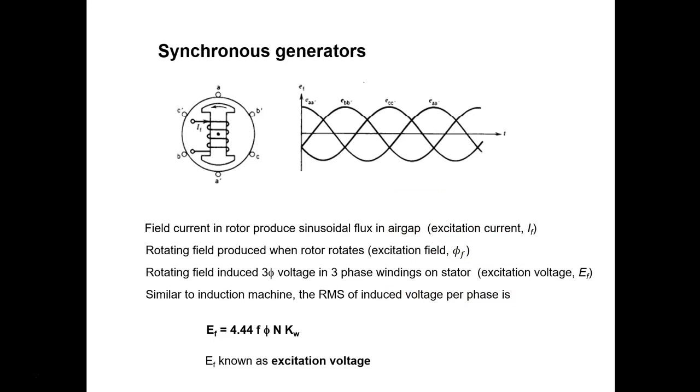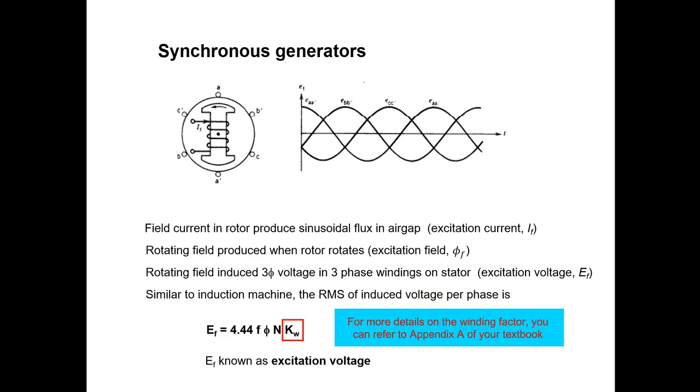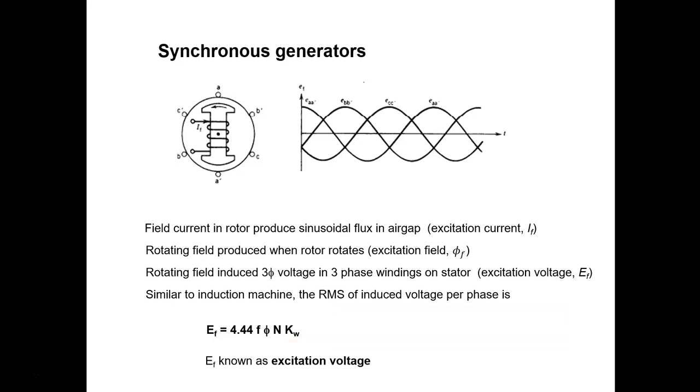The winding factor Kw represents the reduction in the induced voltage due to the distributed windings on the stator. This induced voltage is also known as the excitation voltage. The frequency of the induced voltage, or the excitation voltage, can be obtained by using the same expression that we use for the induction machine, where N is the speed in rotations per minute and P is the number of